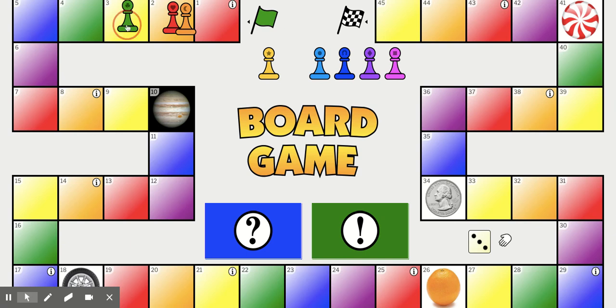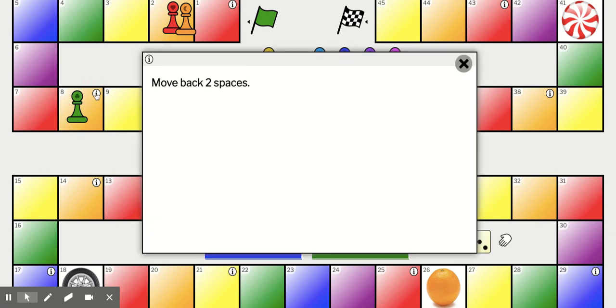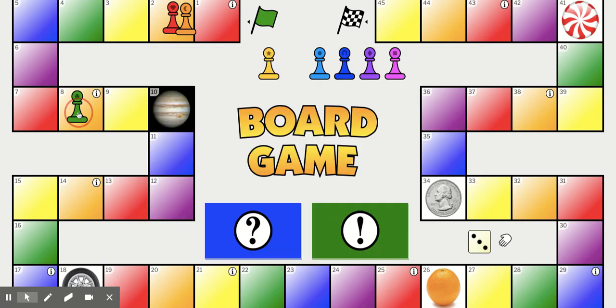Let's say the green advances all the way to number 8. Make sure they click on the card and it tells them that they need to move back 2 spaces. Uno, dos. And they move all around the board game like that, taking turns by clicking on and rolling the